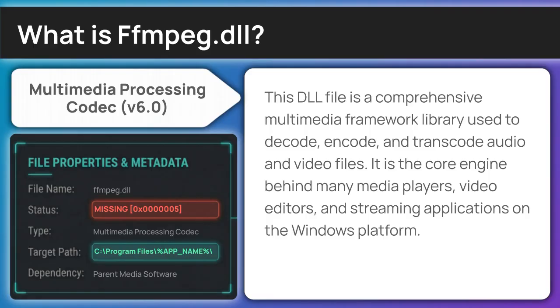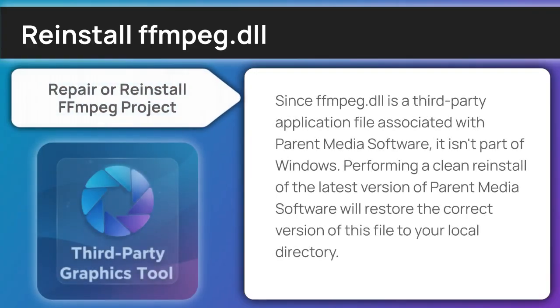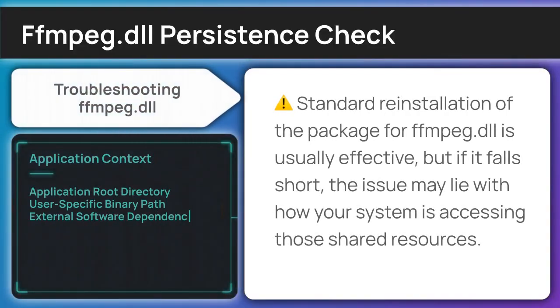Let's get to work. We'll start with the most common fix for this specific error. This error indicates a missing or corrupted file specifically within the parent media software environment. I suggest you reinstall the latest version of parent media software to allow the installer to restore the Ffmpeg library DLL automatically. If the installer was unable to bridge the gap, we will move to phase 2 of our diagnostic